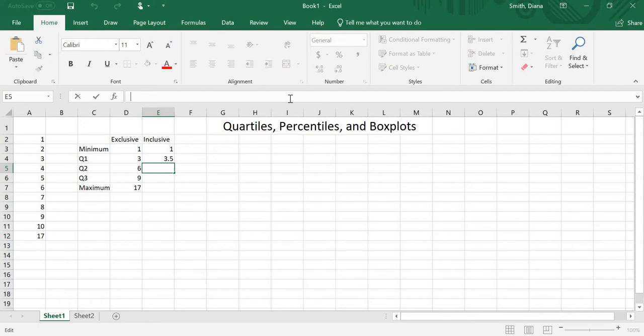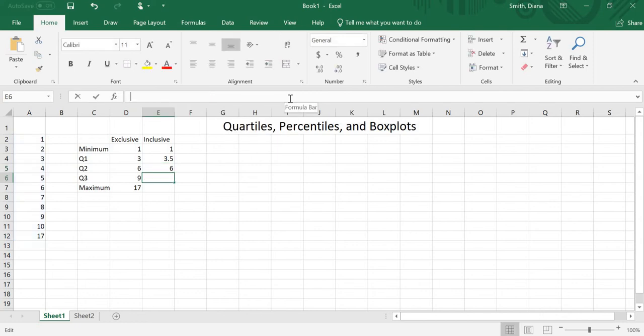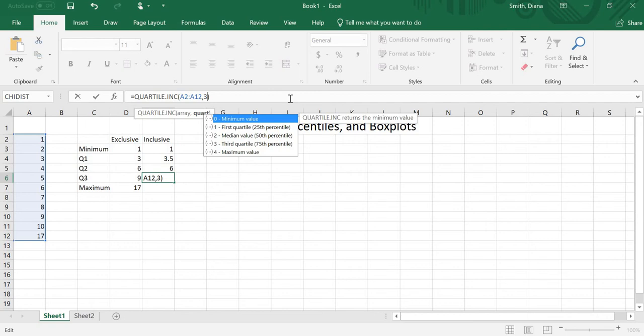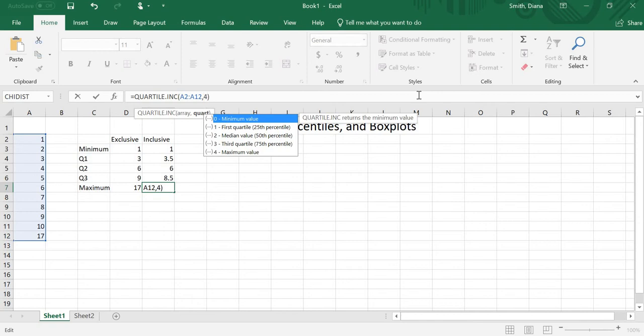And now for the Q2, I'm going to paste it back in again and change my 0 to 2. For 3, I'll paste it back in, change it to the 3rd quartile. And then for the last one, again, I'll copy and paste it, and now my quartile is 4, which is